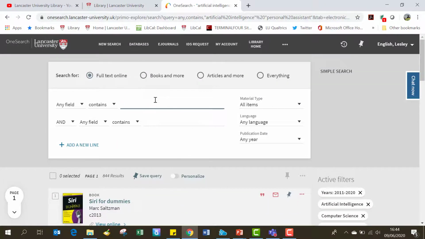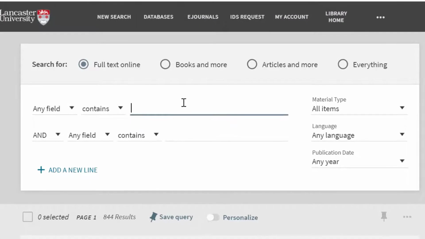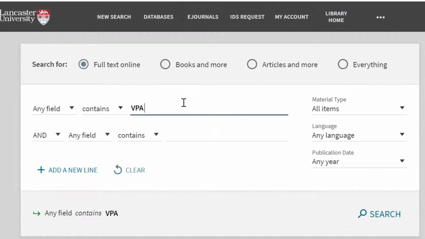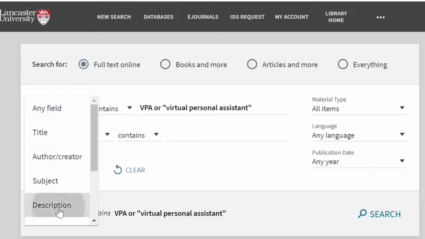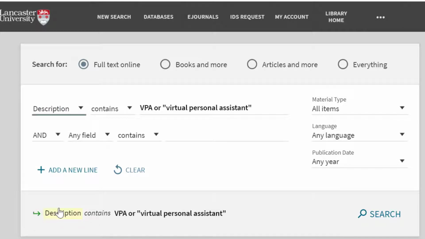So if I search for VPA or virtual personal assistant, and I can carry on with my ORs on that row, and I want to search for those terms within a description. So we're going to search for those terms within what we would say was the abstract, and I'm combining with